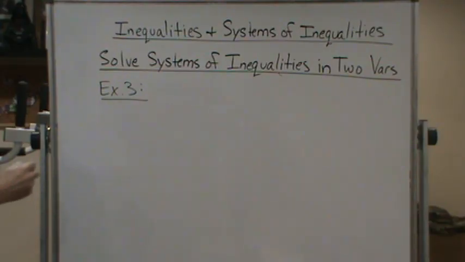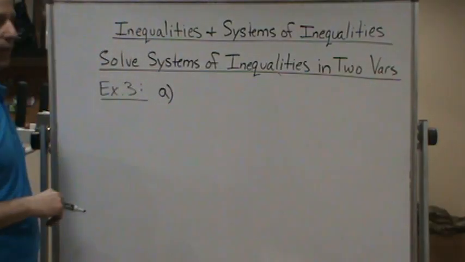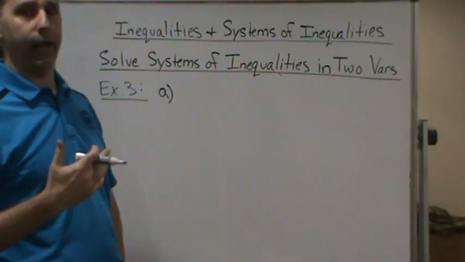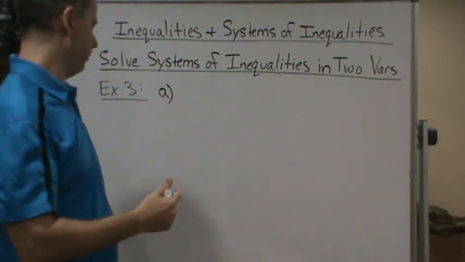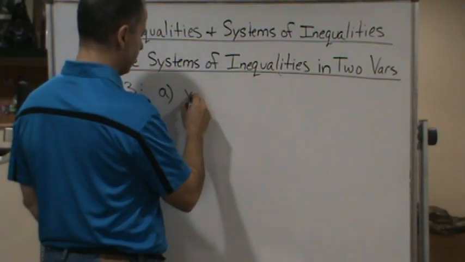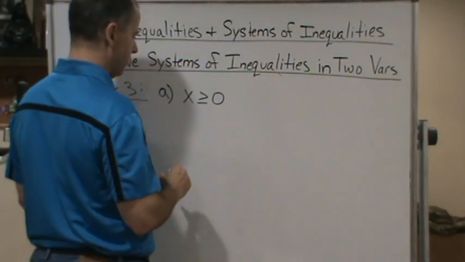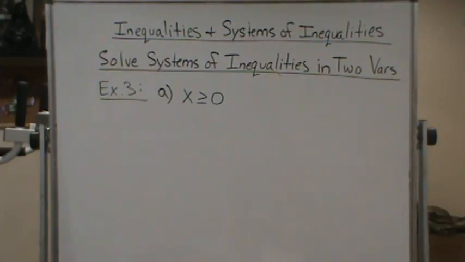So for part A, we want to represent that restriction, or that condition. So the number of study hours for algebra cannot be negative. That means it can be 0 or positive, which means X would have to be greater than or equal to 0, okay? Similarly, they want us to represent the condition that the number of study hours,